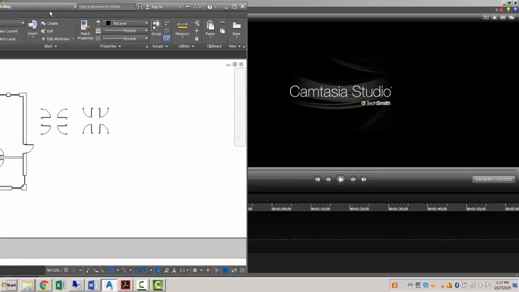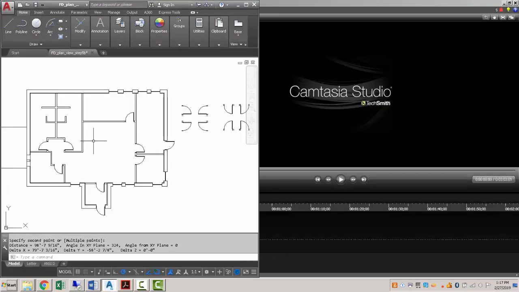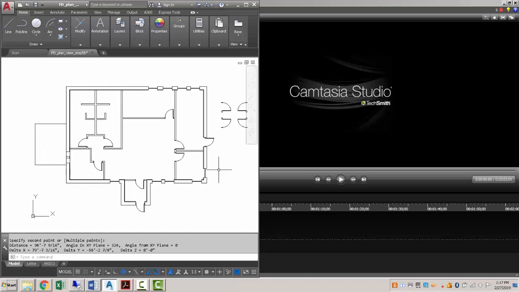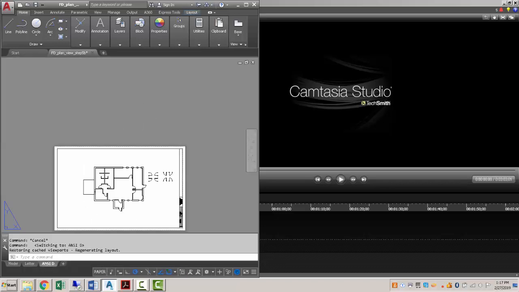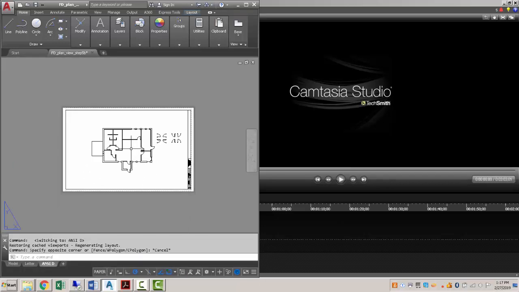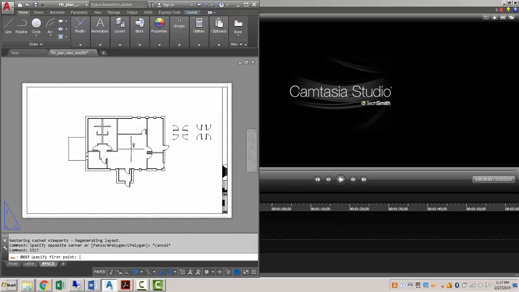So the next thing we want to talk about is how to create text and dimensions and size them properly so when we go to add them to the layout they come out to the right size. So we've got a drawing and I measured from this point to this point and it's roughly 80 feet by 60 feet. If we go to the ANSI D layout, you can see if we measure this using the distance